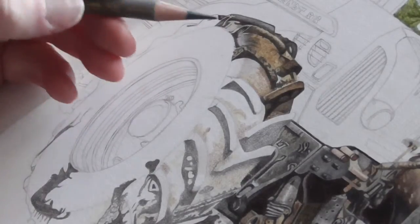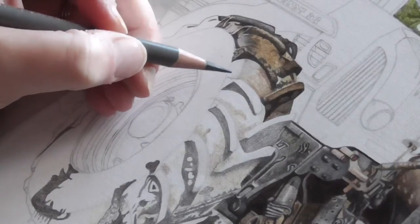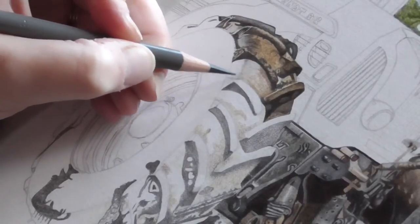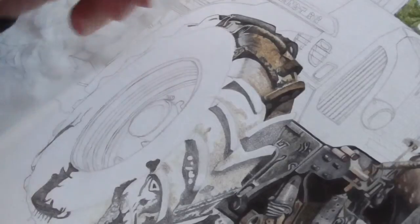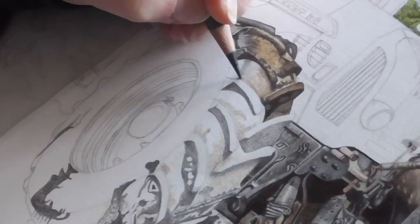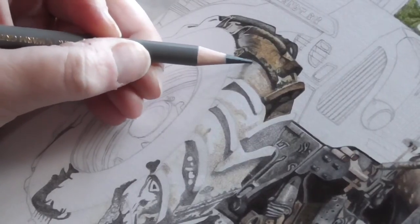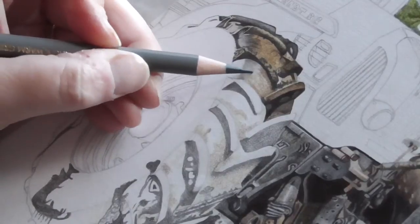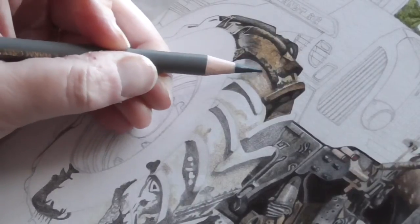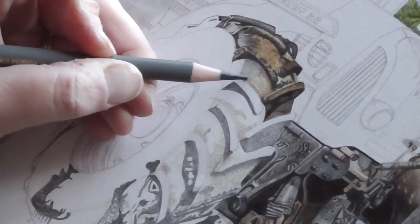So again, I'm looking at my reference photo and I can see there's a very white highlight there, which I've already added the white on. So as you can see, I'm going up to the white, but it's not going over. And I'm laying up this grey. And I'm also following, generally, the direction of the shape of the tyre. It doesn't have to be perfect, but if you want it to look like a tractor tyre, there's different textures,